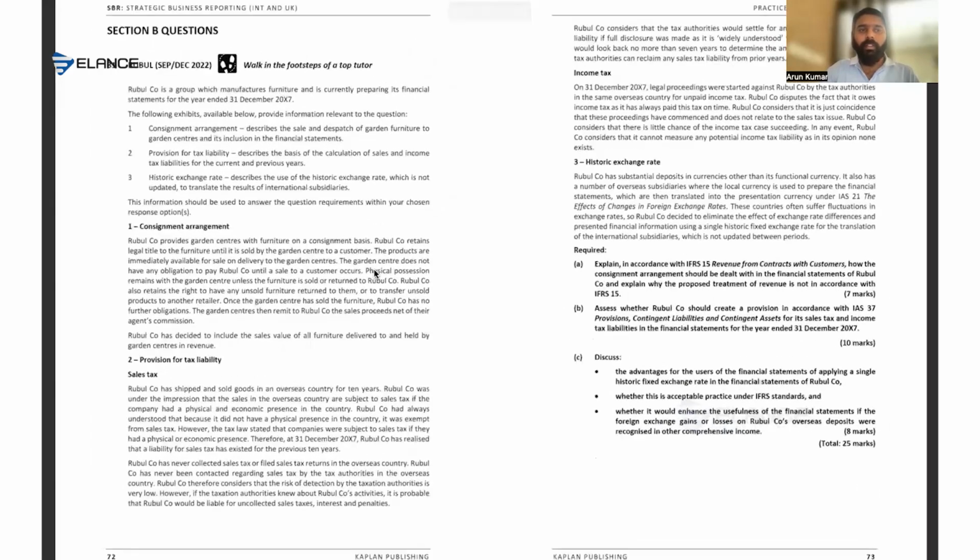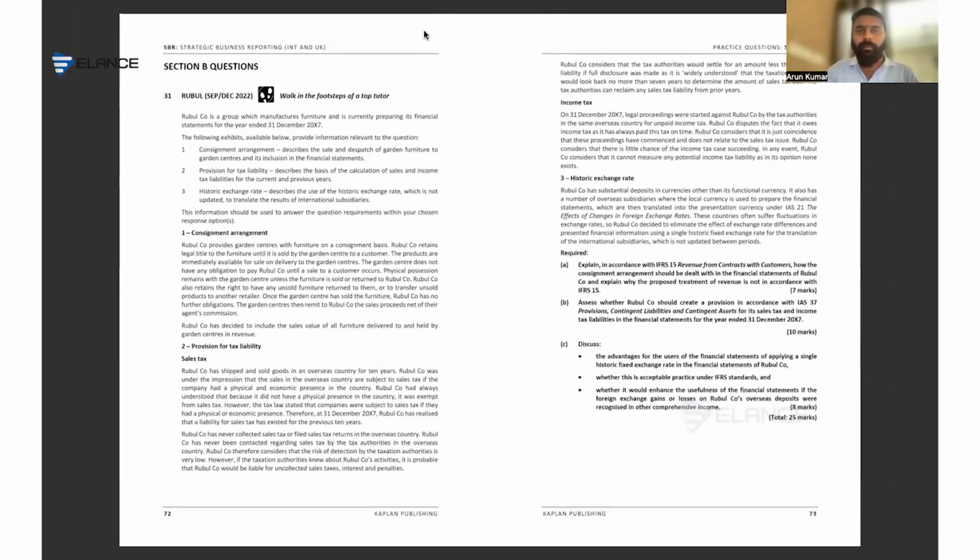So just read this question. Question number 31. It's a section B type of question. Again, they will test you on some separate standards. Okay. They don't test you on the ethics part, so it's completely based on standards. So just read that question number 31. The arrangement: IFRS 15 is getting tested in this scenario. So IFRS 15 and IAS 38 are repeatedly covered in many questions. So you understood the importance of the standards.